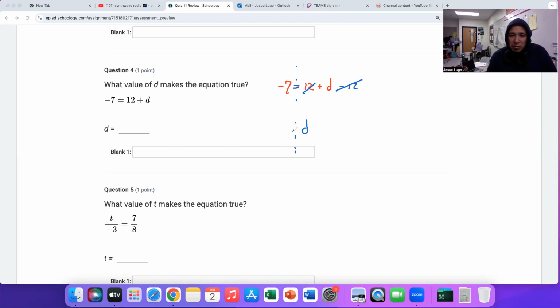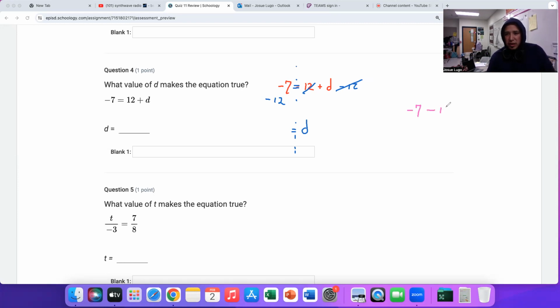D is now by itself. All right. However, whatever I do to one side, I must do to the other. So I must subtract 12 from -7. Now I'm going to do this here on the side. We have -7, and I'll use a different color. We have -7